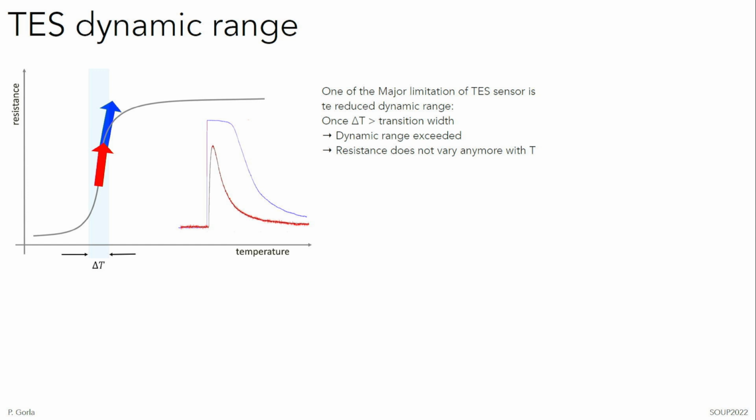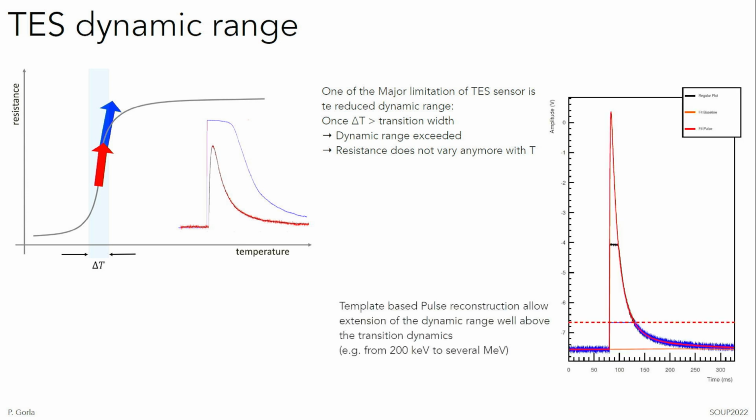So whichever pulse exceeds the transition range is cut at this level, then depending on the energy it will have a decay time that starts later on. So the saturation can be shorter or longer depending on how much you exceed. So is this a complete limitation? It is not, because